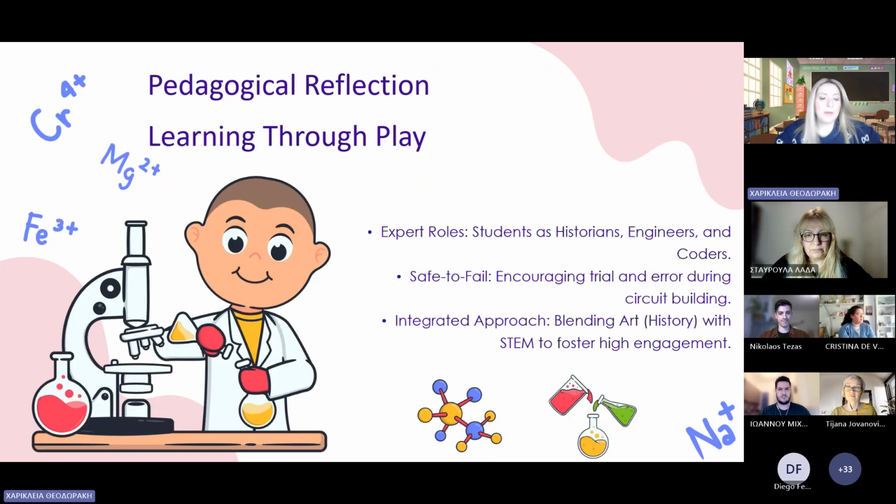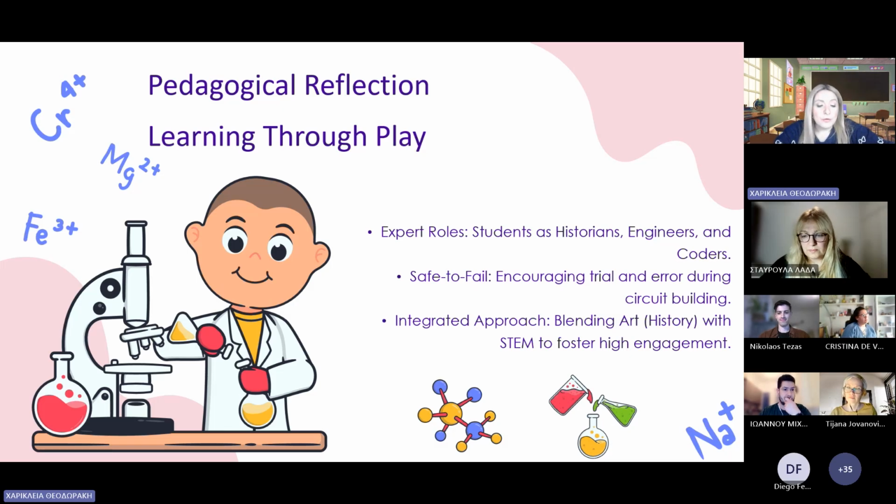The pedagogical core of this project is the seamless integration of inquiry-based learning within a playful framework. By assigning expert roles, I empowered students to lead their own investigation, moving from observing as a historian to problem solving as engineers.